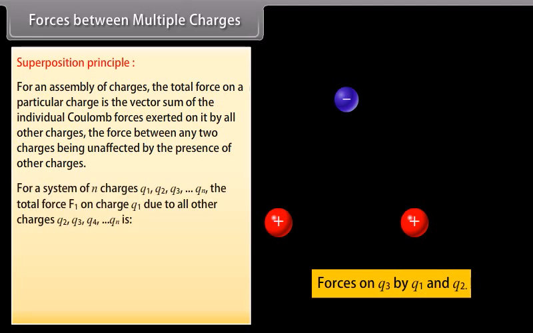For a system of n charges, Q1, Q2, Q3 and so on till Qn, the total force F1 on charge Q1 due to all other charges Q2, Q3, Q4 and so on till Qn is F1 = F12 + F13 + F14 and so on till F1n. This equation can be written as